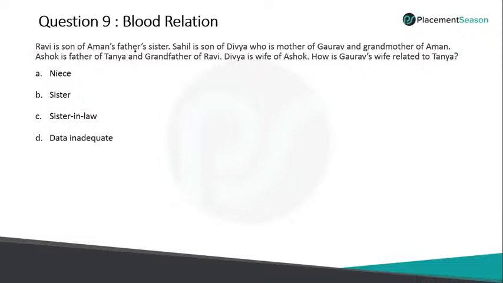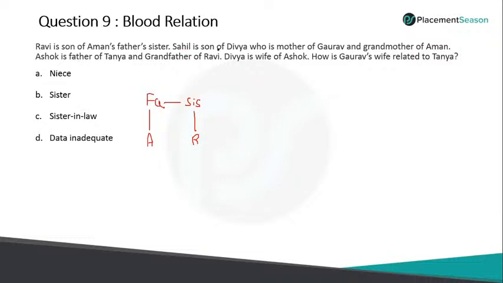Ravi is the son of Aman's father's sister. So Aman's father's sister's son is Ravi. We'll start with Aman here. That will be logically correct, right? Aman's father's sister, sister's son is Ravi. So what you can understand is Aman and Ravi are cousins. That's what we can understand from here, right? And okay, next,